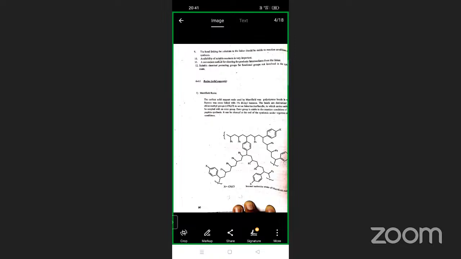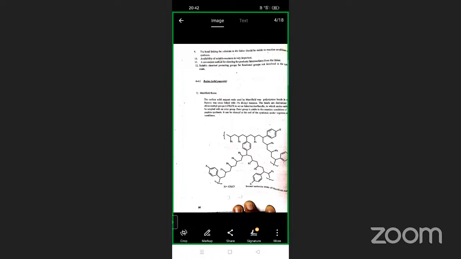And the next requirement is a convenient method for cleavage of the product here. So by taking the solid support, we will perform the reaction here. Then the product will be obtained. After formation of that product, you need to cleave that particular bond, which is attached with the resin bead or the solid support. So a partial bond will be formed between the resin bead or the solid support and the